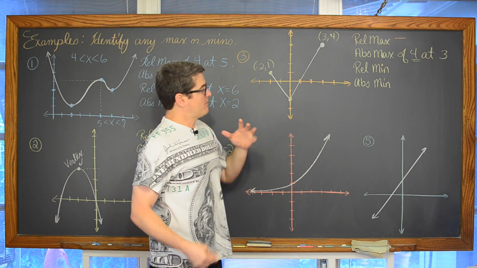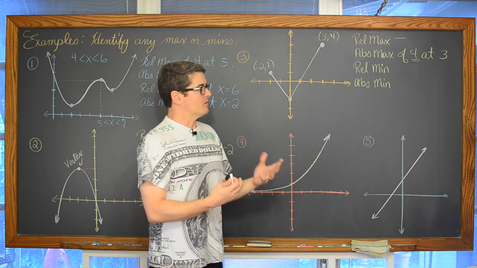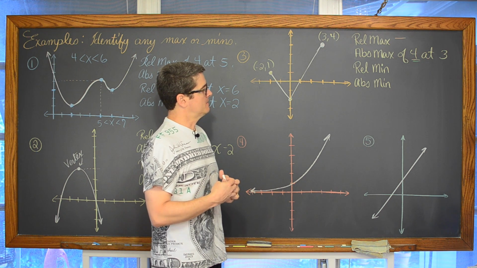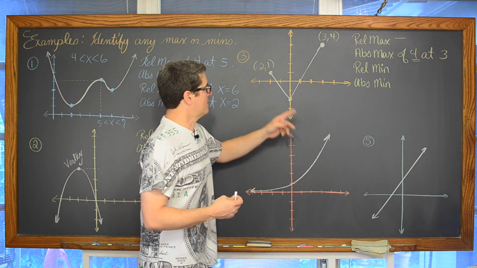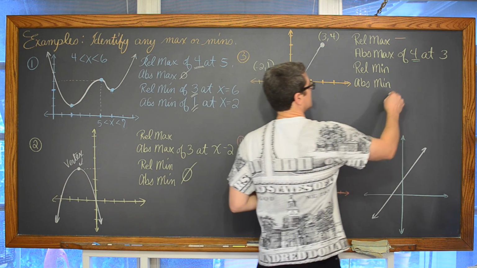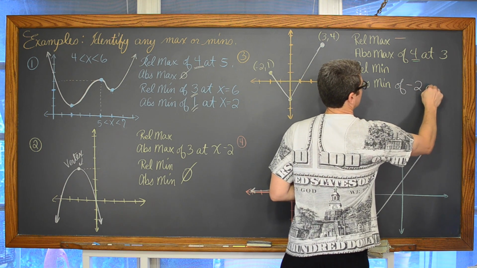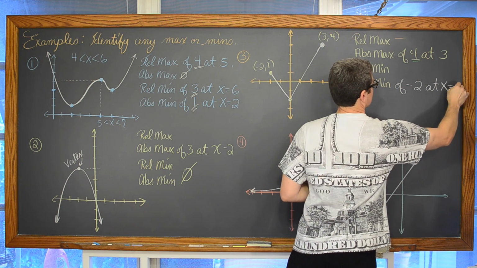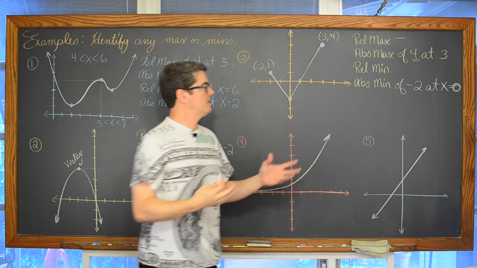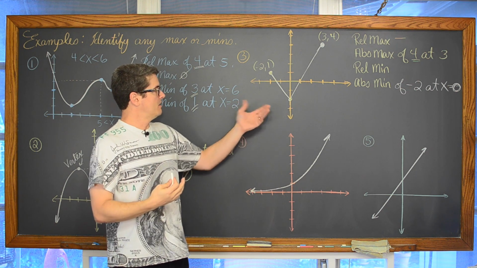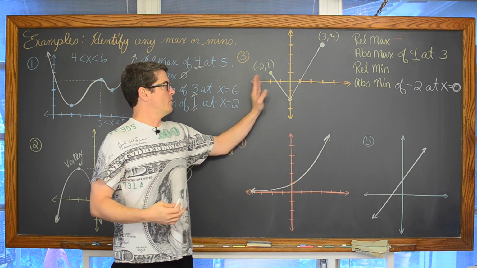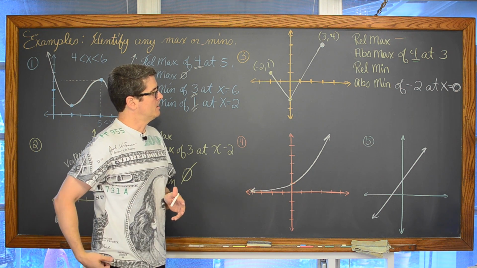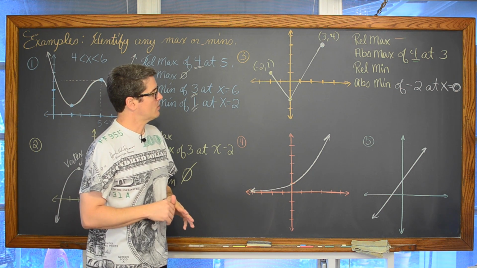So we only have that one minimum value. So the relative min and the absolute min are going to be the same point. And again, that absolute min is, well, I'm just going to identify it there. We have an absolute min of -2 at, and this time I'll write the x, at x equals 0. The relative min and absolute min are at least the same point. The lowest y value in that entire domain is -2 at x equals 0. Okay.